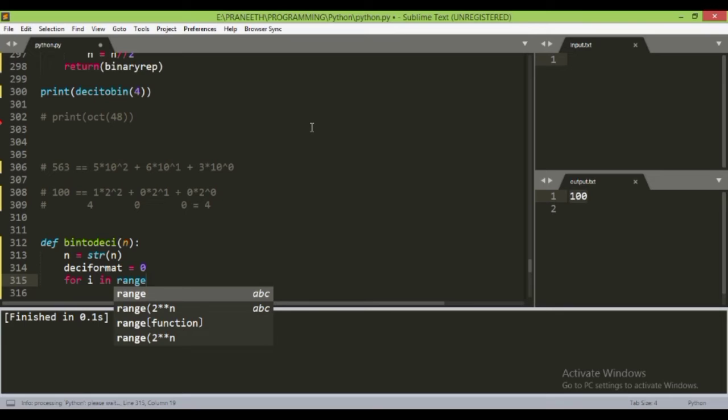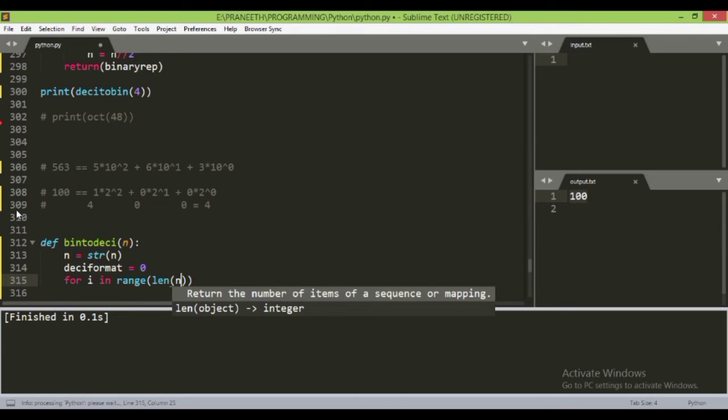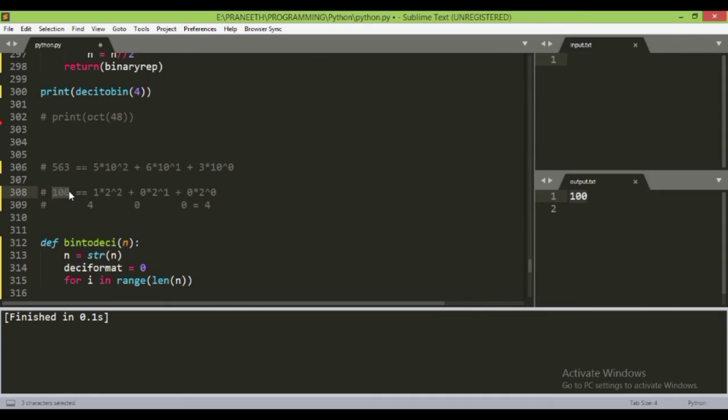So we would take the range of length of n, which means the loop will run 3 times for 100, as the length of n. For example, if we take 100, it would be 3. 3 minus 1, 2. So this range function will loop over from 0, 1, 2 up to 2.